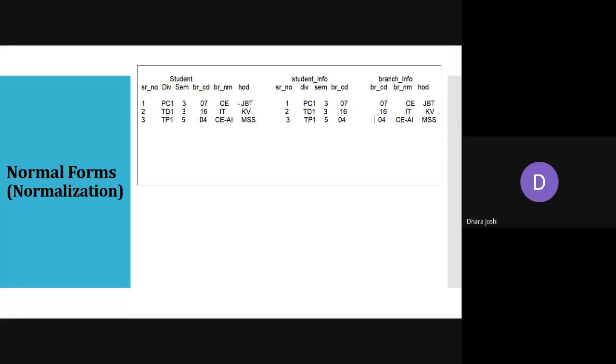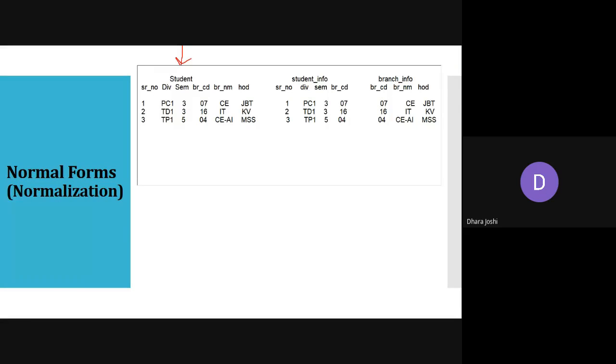So we are having one table, which is a student table, which I am highlighting just now. In the student table, we are having these attributes: serial number, division, semester, branch code, branch name, and head of the department name. So I'm having three records as detail.